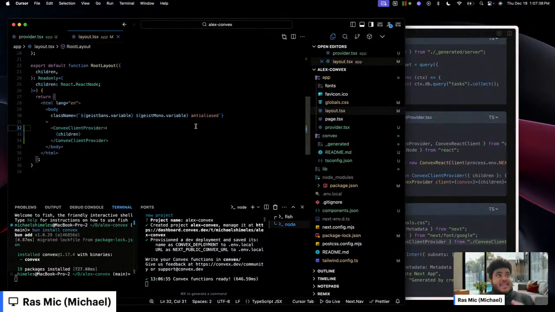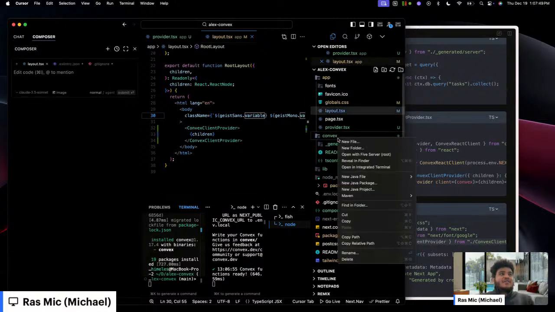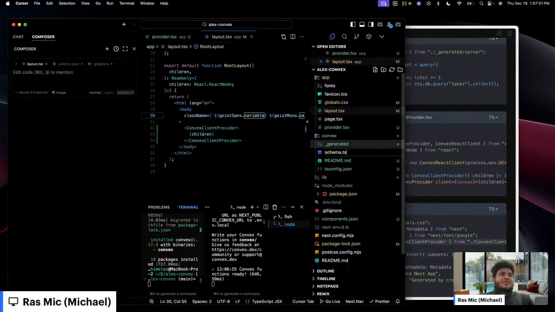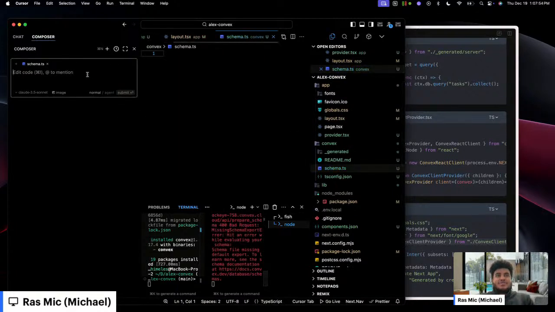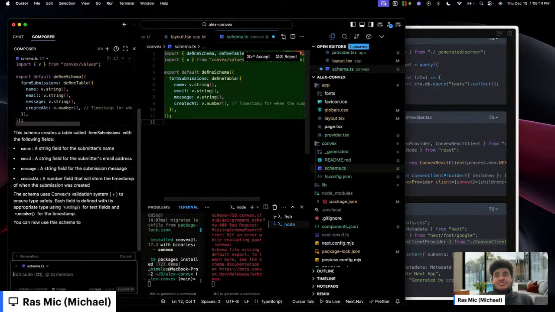This is where the assisted AI stuff starts to happen. So what I'm going to do is Command Shift K, or no, Command Shift L. I'm going to go to Composer. And under the Convex file, I'm just going to create schema.ts. And I'm going to tell Composer, hey, create a schema for a simple form submission. I want to store name, email, and message in my Convex DB. I hit enter there,